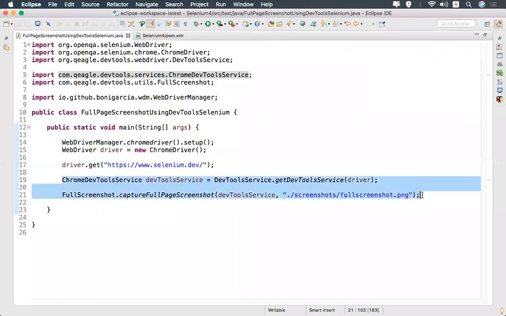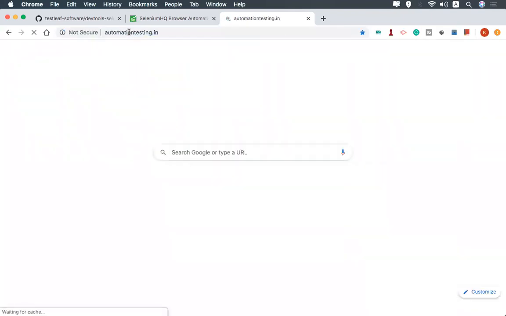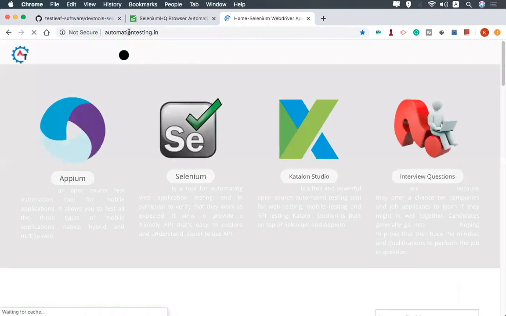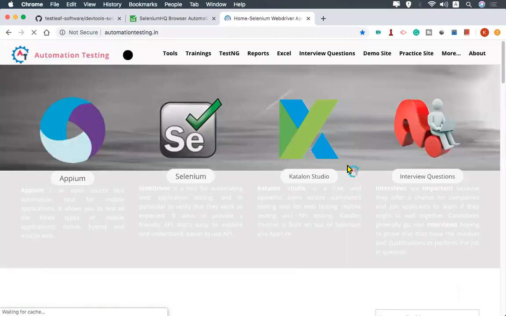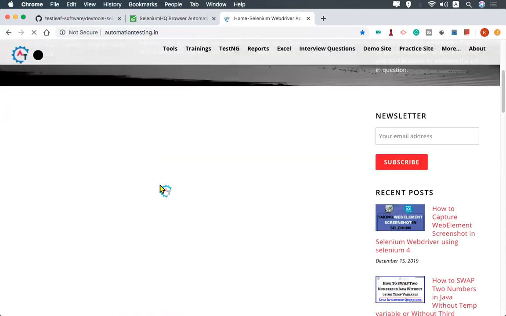But there is a catch. If you go to one of the websites, I'll open in a separate window, automationtesting.in. Let it load. Here what happens, when you scroll, it will start loading the content. Now it is white space.